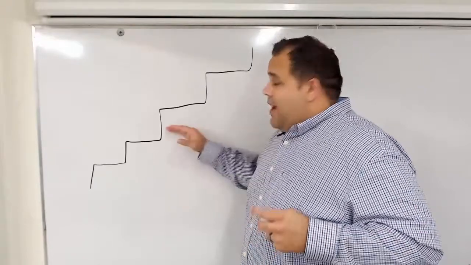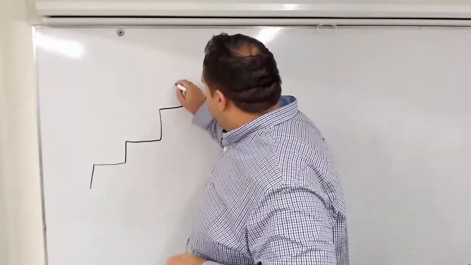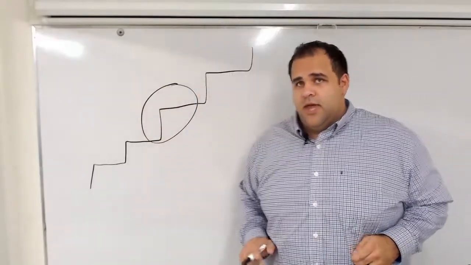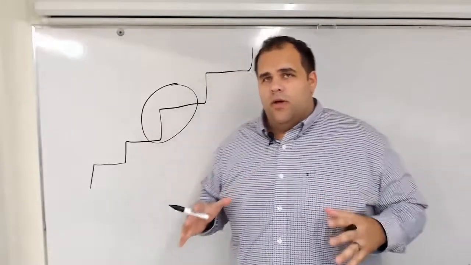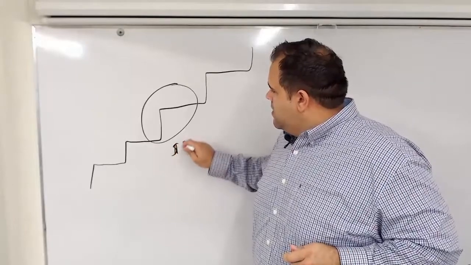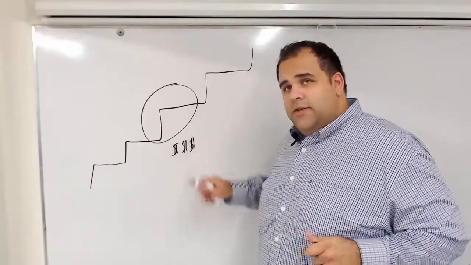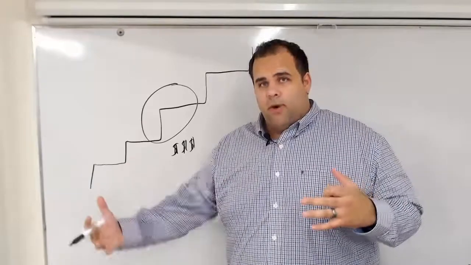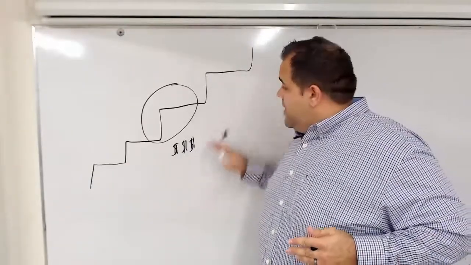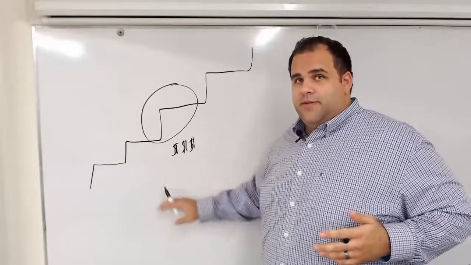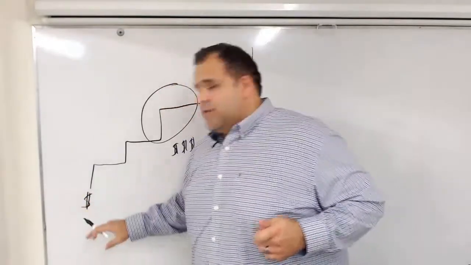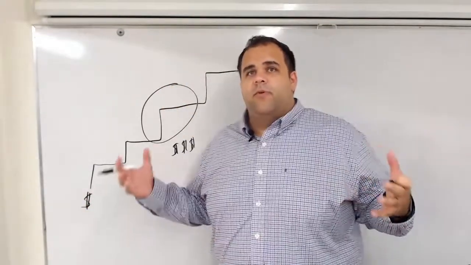Right here in the middle, this is where the sweet spot is. This is the core of your business. This is where you can make a reasonable amount of money per purchase. And guess what? Being that it's not going to be super expensive, you're going to be able to get your volume impact as well. So down here, this is your lowest price, but more people are likely to buy.